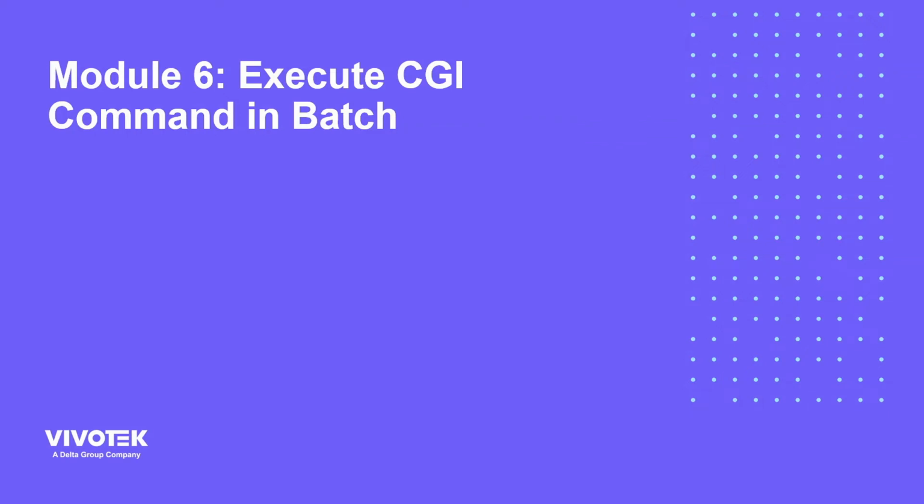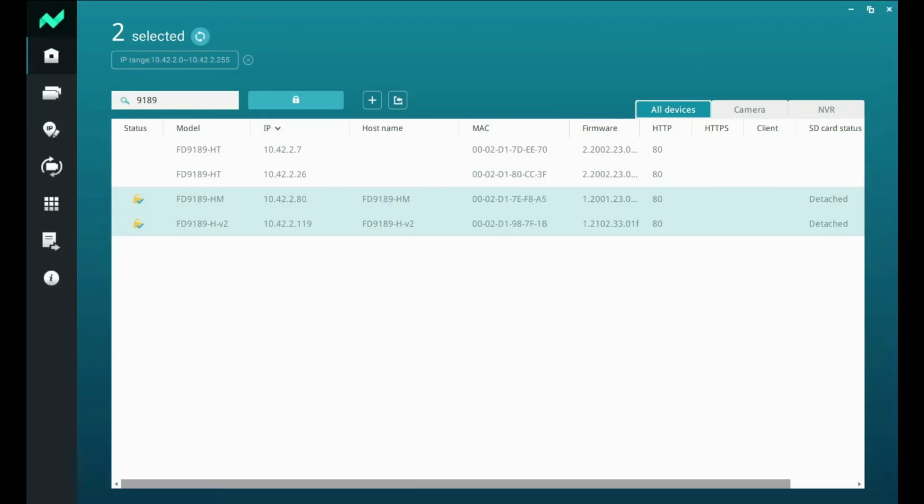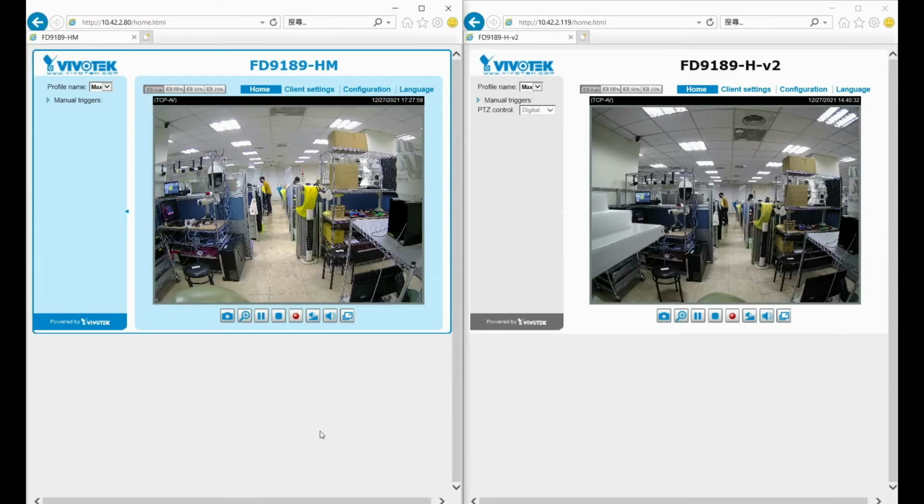This demo video shows you how to enable or disable the WDR function for two cameras. At the moment, WDR is disabled. So if we want to enable the function for two cameras at the same time, we can use the CGI